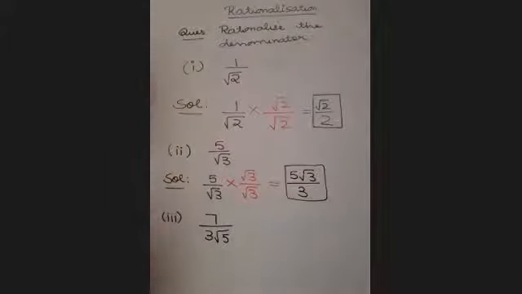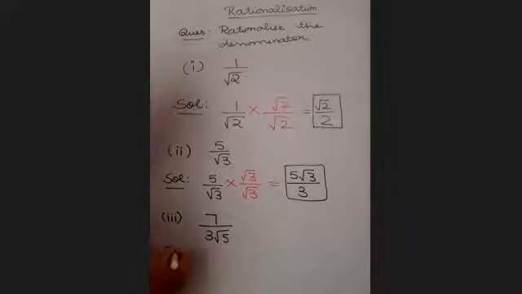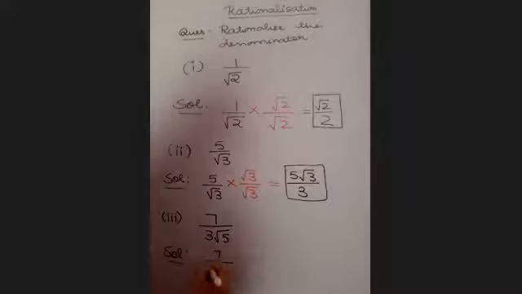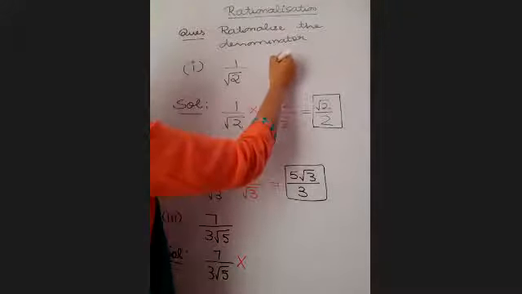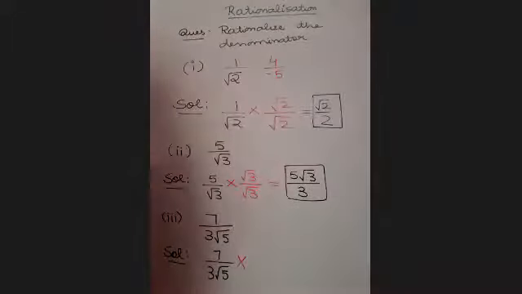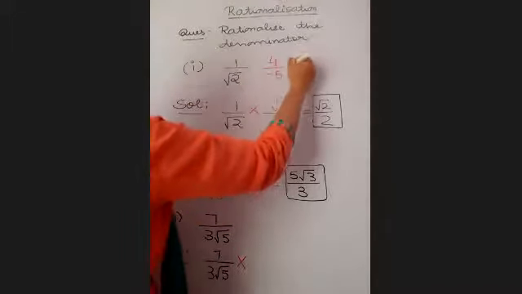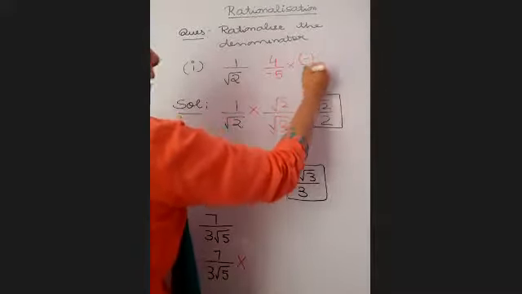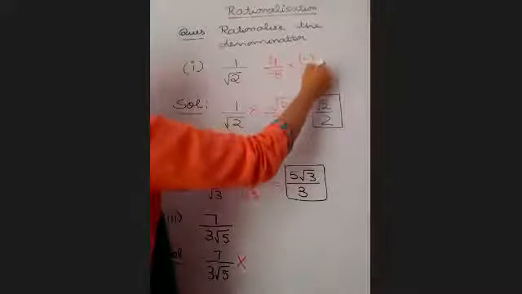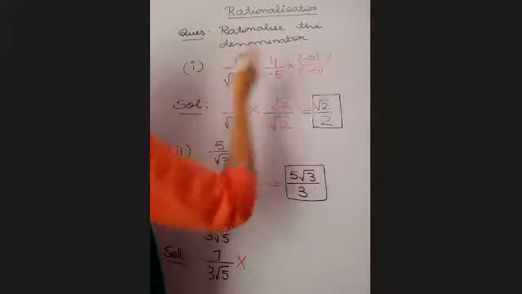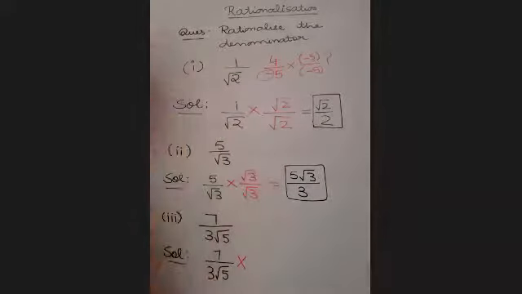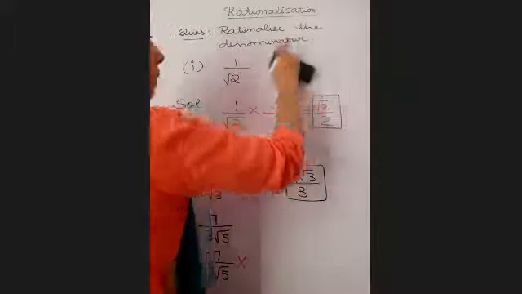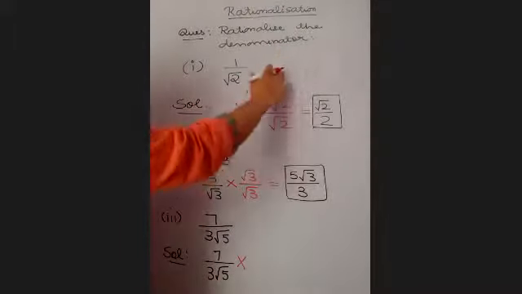Now, children, before taking up this part, I would like to ask you one question. A simple question. Let's see if you can answer it. I'm just using this side of the board. Suppose we had 4 upon minus 5. So to shift the negative sign to the numerator, we multiplied it only by minus 1, or minus 5? Tell me. Ma'am, we multiply by minus 1. Yes, minus 1 only, because our interest is in changing this minus sign.